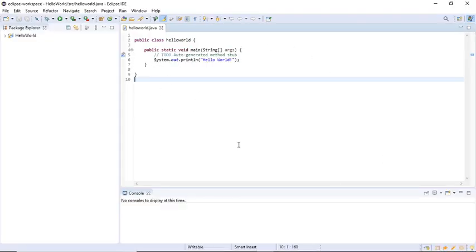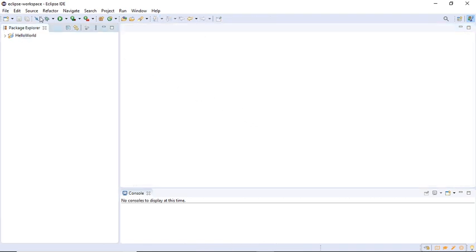This is the Eclipse workspace. First of all, when you open the Eclipse workspace, it's going to be blank like this. It's not going to have anything. It has some dialog boxes, something over here and over here. You don't need all that. You just need Package Explorer, a console, and just a place to write. So as you can see, when it opens up, there is no place to write. Don't worry, it's not broken. It's just that there is no place to write in the starting.